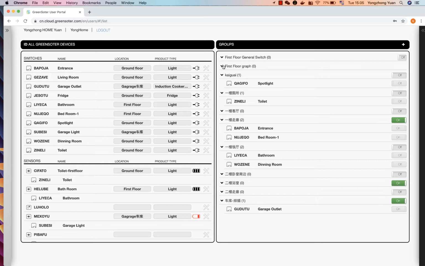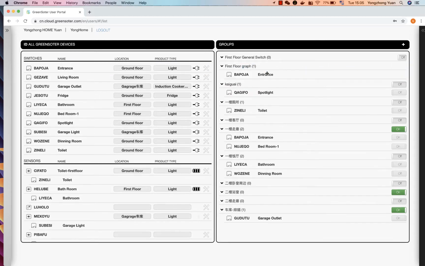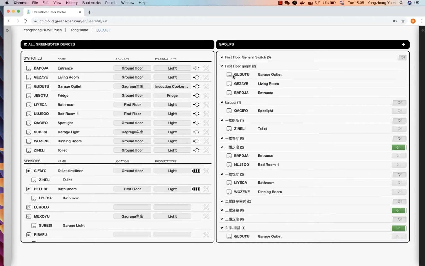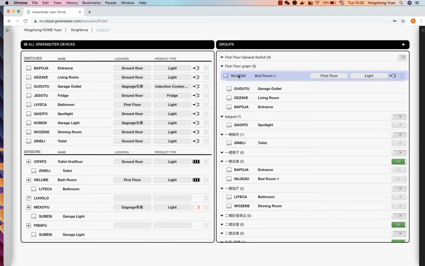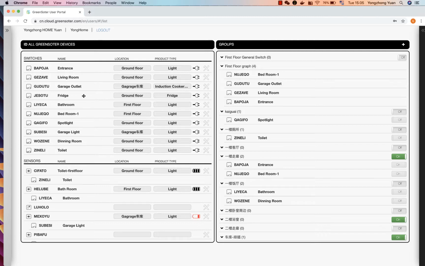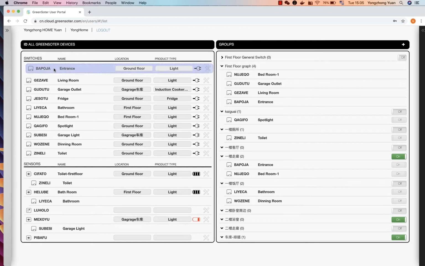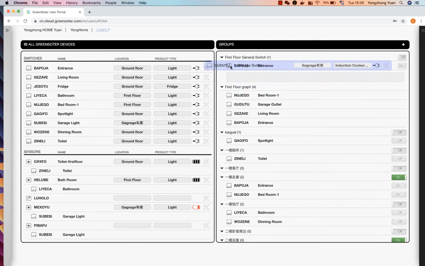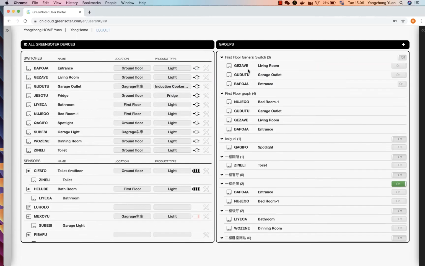So that means not showing. Yeah, so you can see the entrance is in the graph. So this also living room, garage, bedroom, whatever. So you just pick up from the switch to move to the graph. The same as the switch. So you want to make entrance. So you can see, graphic, living room,